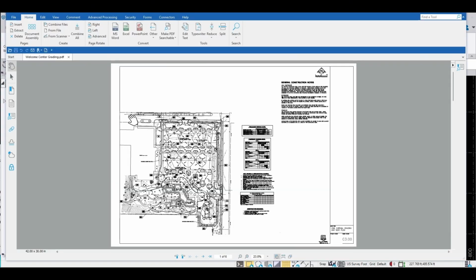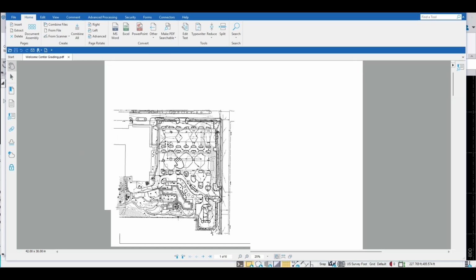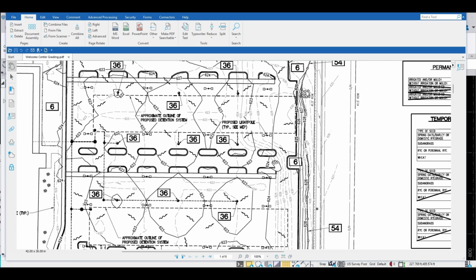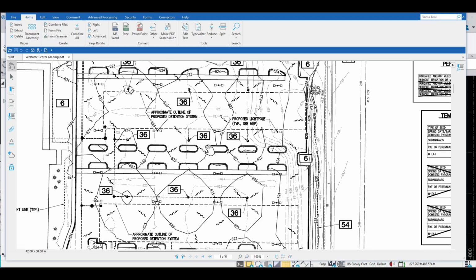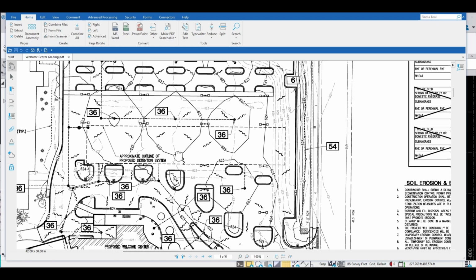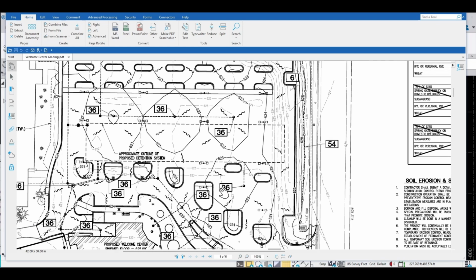I wanted to make a short video about georeferencing multiple sheets, because when you're doing a takeoff, sometimes you get the grading sheet as one sheet, and you can see here this would be good if you were doing a planimetric takeoff. We could just pull in this one sheet and extract the line work from the vector PDF and